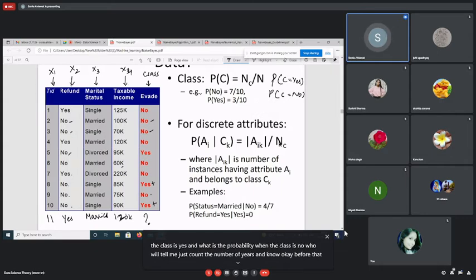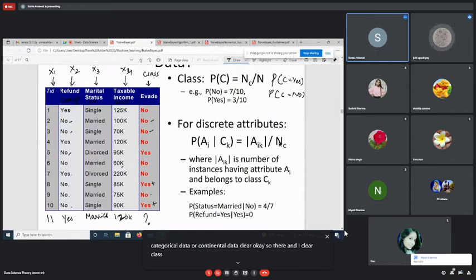Okay, before that, one more thing. Class refund is defined as categorical. It is category: yes, no, yes, no. Marital status again is categorical. It has three values: single, married, and divorced. But taxable income is continuous because it is in numerical form. Is it okay, class? So categorical data and continuous data are clear now? Yes, ma'am. Fine. So now we have to calculate the prior probability that